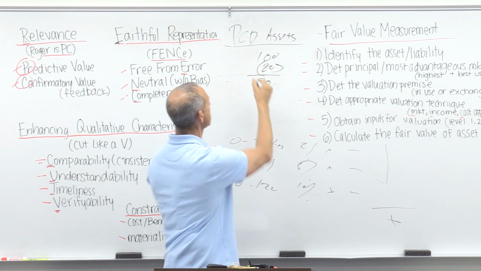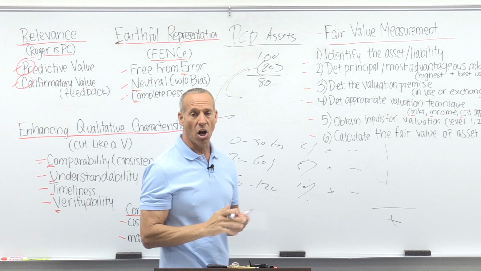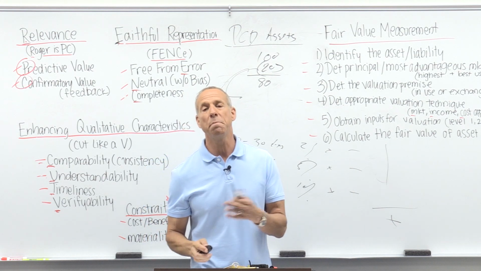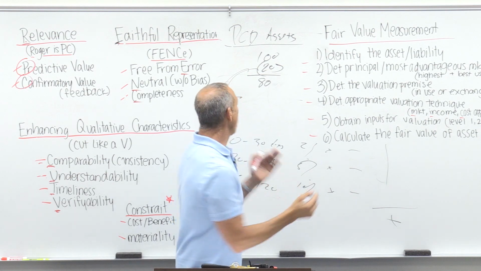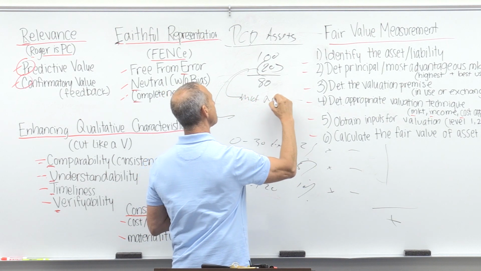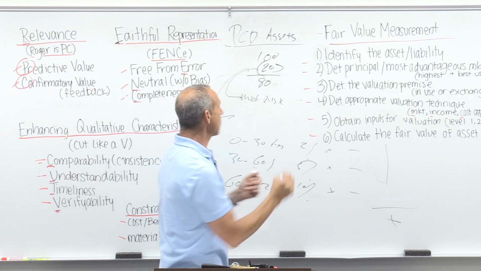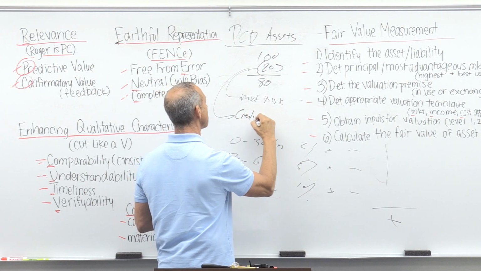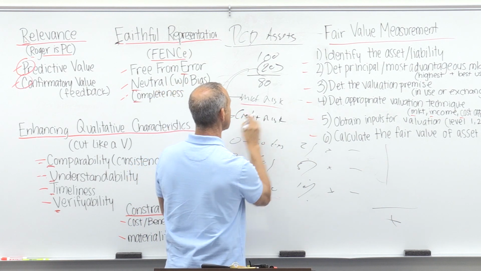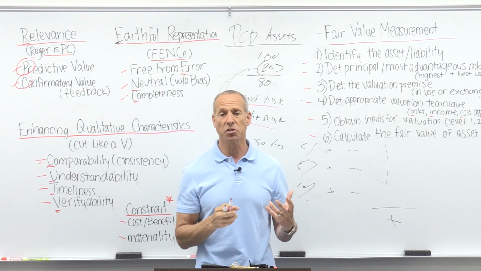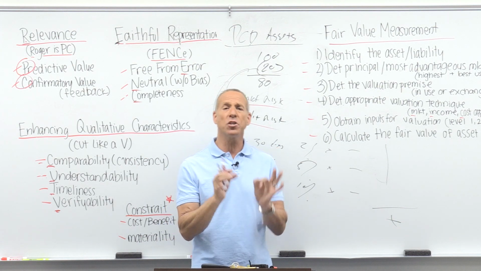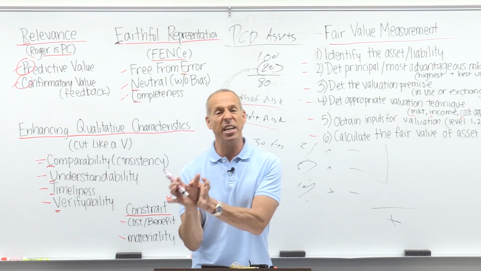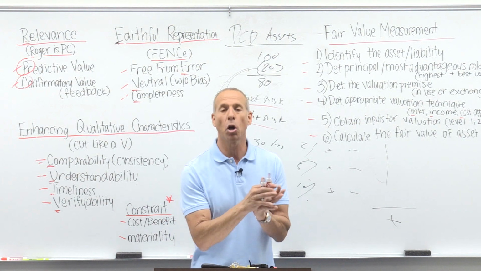What we need to do is say, okay, what is this discount based on? Because the discount could be based on one of two things. The discount could be based on what we call market risk, or it could be based on what we call credit risk. So it could be market risk or credit risk. That's what that $20 discount is based on. The market risk is the difference between the instrument's stated rate and a comparable market rate.